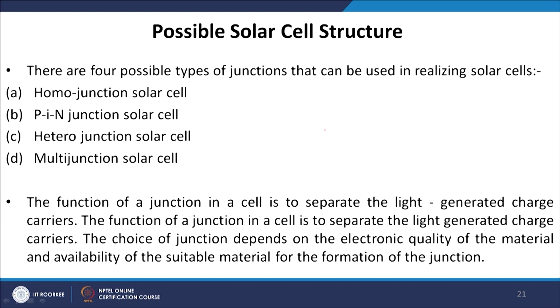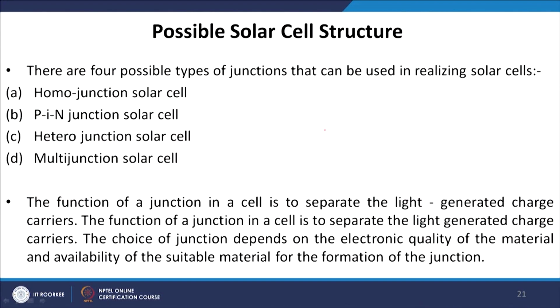Now we will learn about these 4 different types, but just a point to mention here: when we say PIN junction solar cell, we basically mean a P type layer, an intrinsic layer and then an N type layer. Later on we will discuss the perovskite solar cell. We will see that this PIN or NIP geometry plays a very significant role in determining the optical properties of the perovskite solar cell. In perovskite solar cell, a very important electrical property is the hysteresis. So we will see that whether we make a PIN geometry or an NIP geometry based solar cell, the hysteresis is changed significantly.